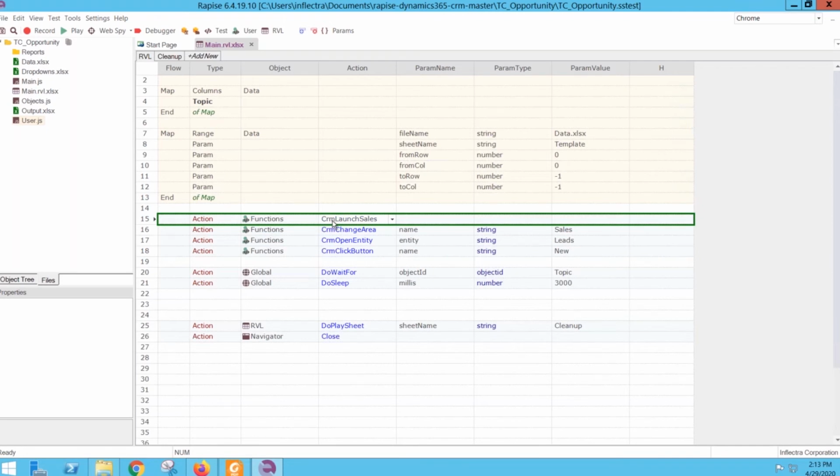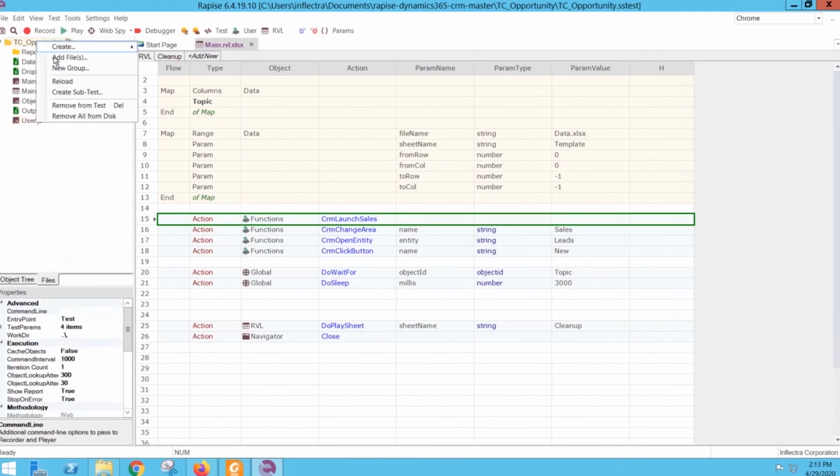CRM, may open Dynamics 365 in the browser automatically and even perform the login. So the login credentials and the URL are taken from config Excel file. It is not referenced in the main test. In this test, I will add a reference here, add files, and this config Excel file is here. It is in the root of the test framework,